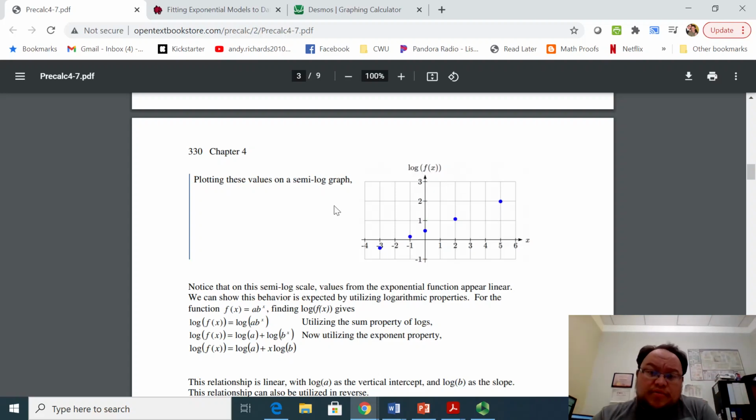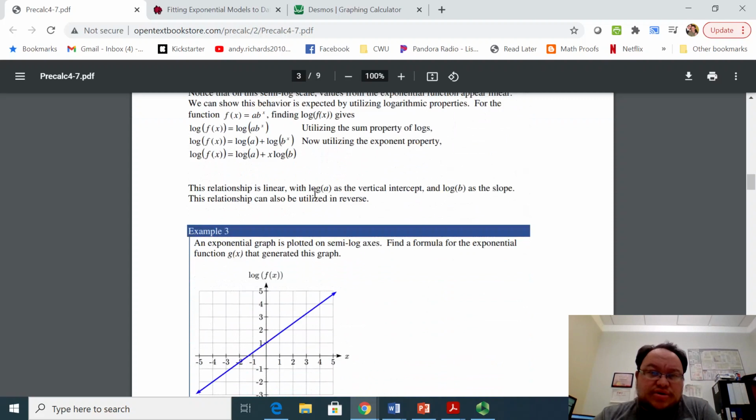Okay, so what that looks like essentially is you have your exponential function like this, and then you're going to take a log base of each side. So in this case, if we just have something that isn't continuous, then we'll just take a base logarithm of both sides, and you can see we're going to be able to use some logarithmic properties which we're going to utilize here. So for example,